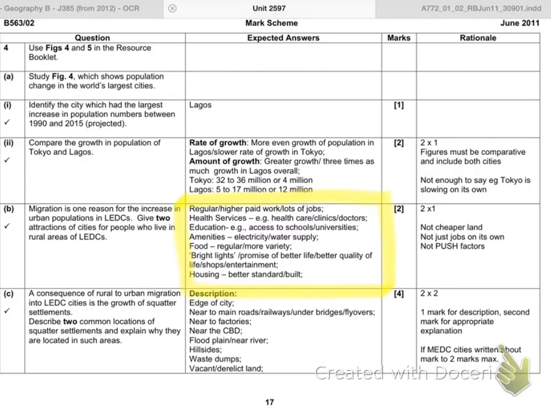They want to be as close to the city as possible. They're not going to have hot and cold running water, so they might need to be near a river, and possibly on a floodplain, because there's no other buildings there. If it was a legal settlement, they would never get planning permission. Near main roads, so you've got easy access into the city.